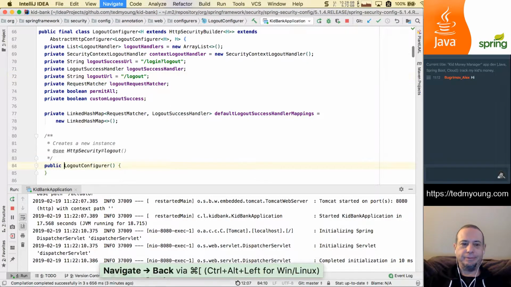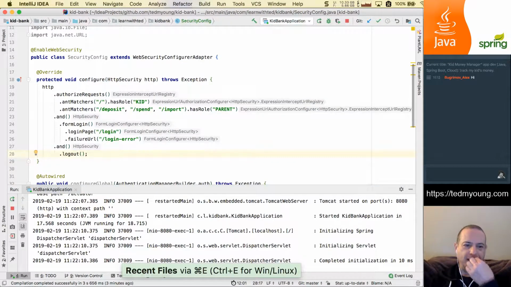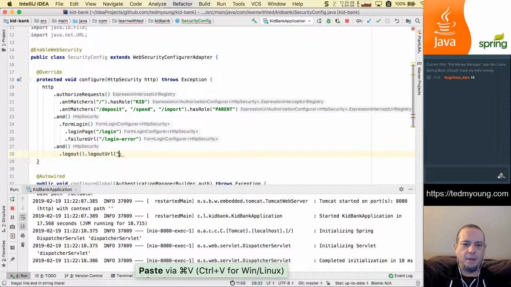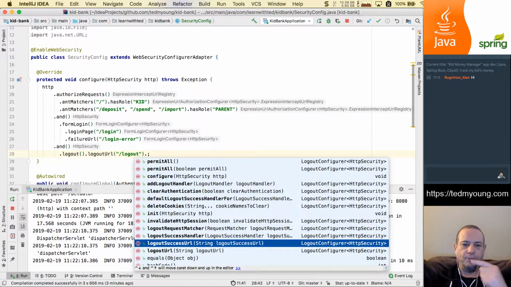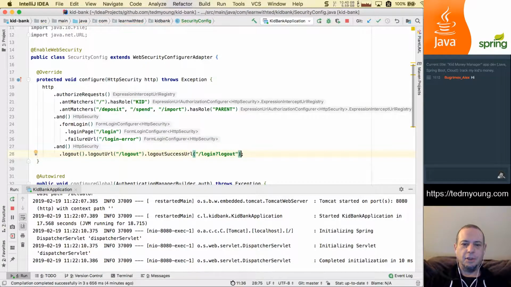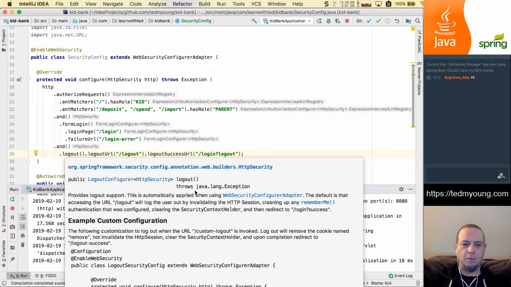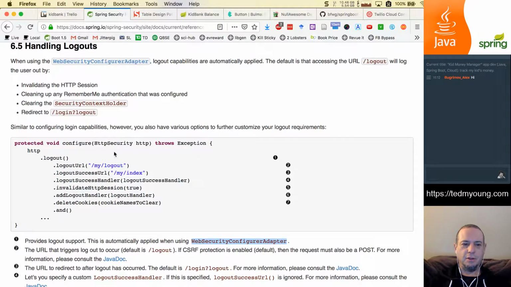but oops, let's go back to my security config. So let's do /logout, and what else can we do? Logout. So our logout success URL will be login, logout. It seems like that's the default, but it's unclear from the docs what's